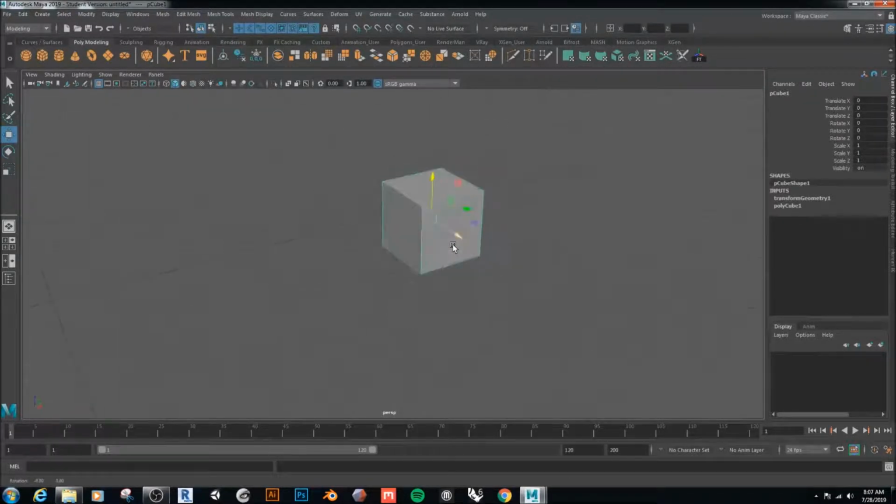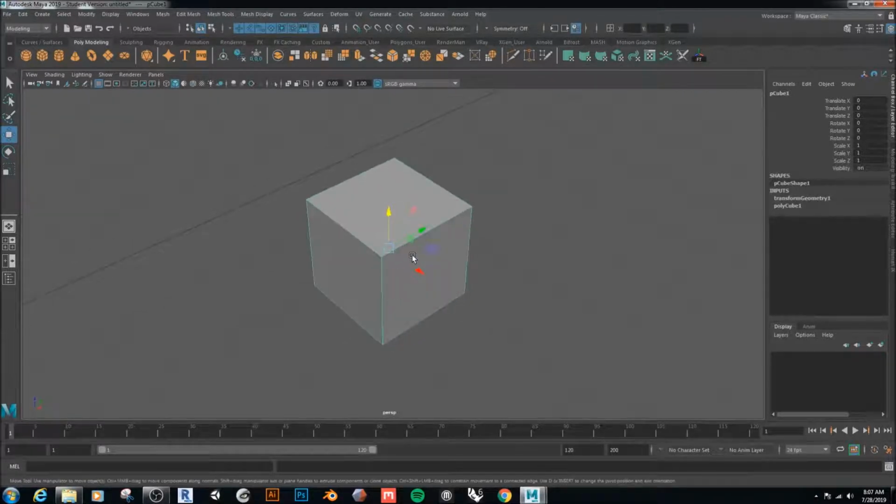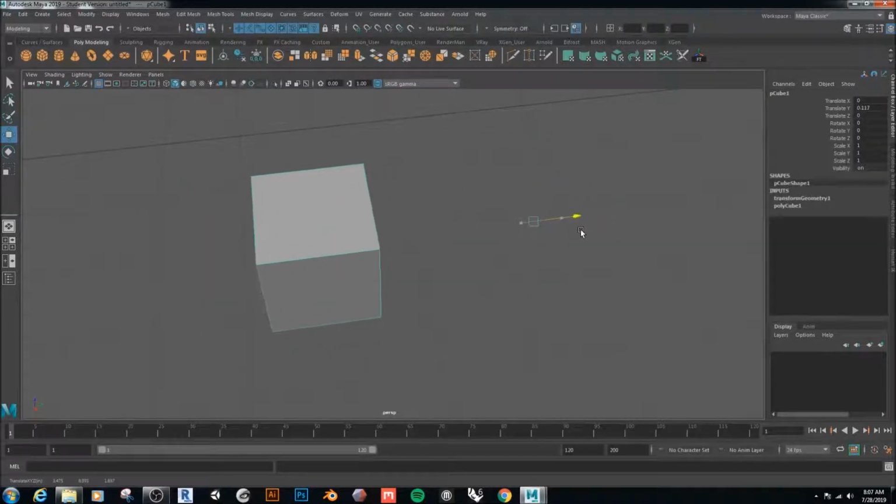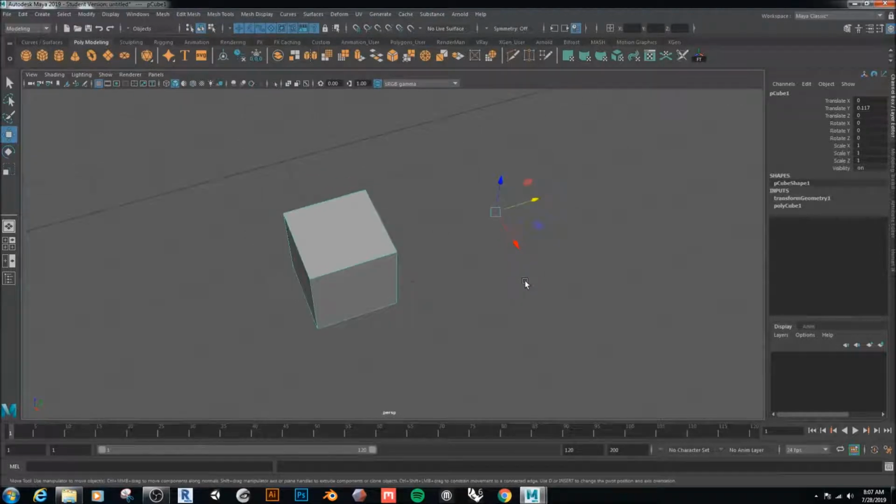Another really useful thing to know and to do is that, see how our gumball right now is at the center, which is a good space, but we can also move that. And so if I hit D, now I can move the gumball, right? If I let go, now this is where my pivot is, right? So if I rotate,